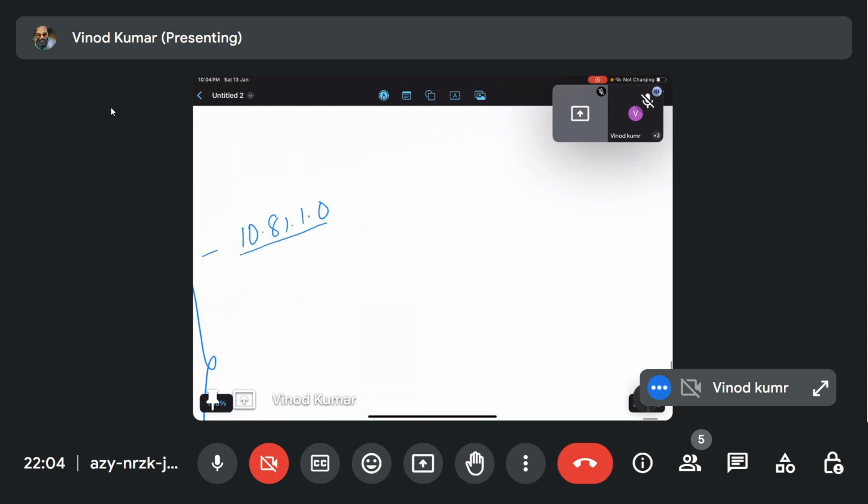If you want to create six instances, all the instances will run under 10.81.1.16, 10.81.1.120, 10.81.1.130, like that it will generate.